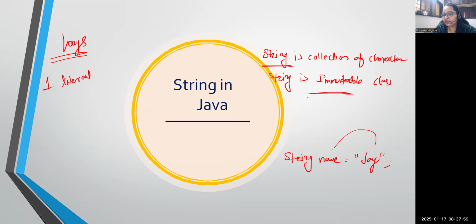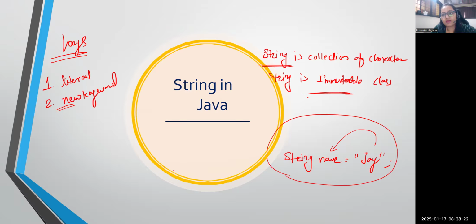Means you are directly assigning that object to that particular variable. But the second way is also there in string, that is the new keyword way. But Java says don't follow this new keyword way to declare a string. The reason behind that is whenever you declare any string, memory will be occupied for the string, correct? But we need to understand where the string will be implemented in Java, inside a JVM, where that object will